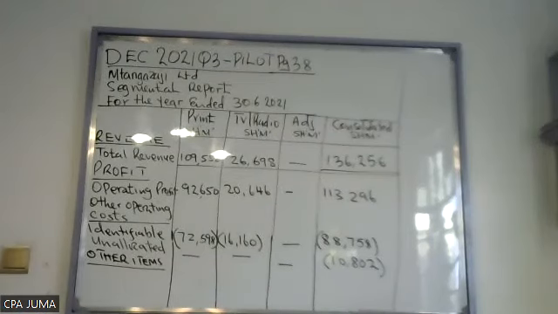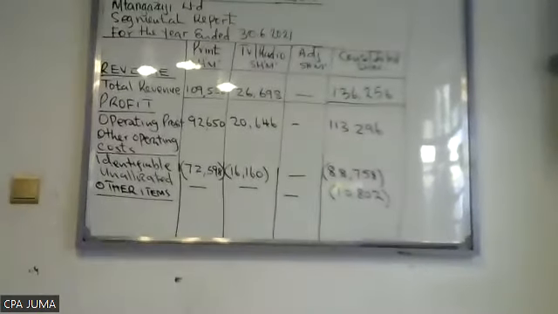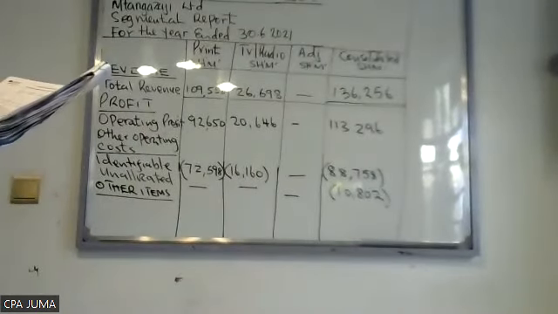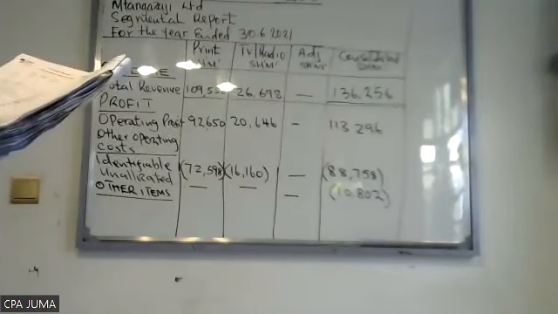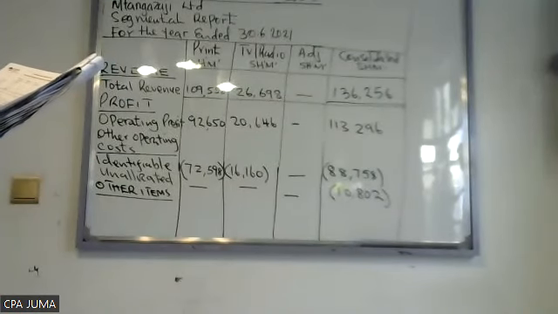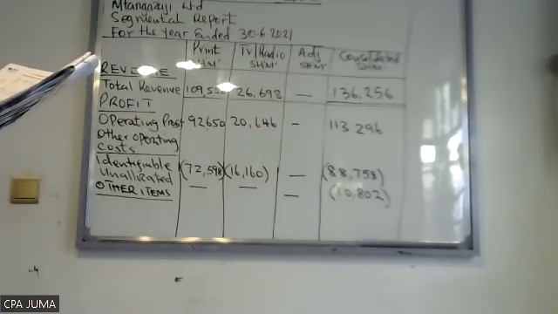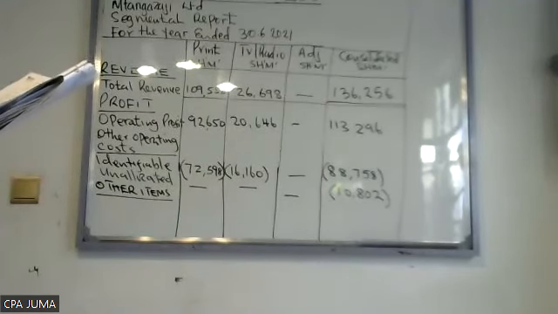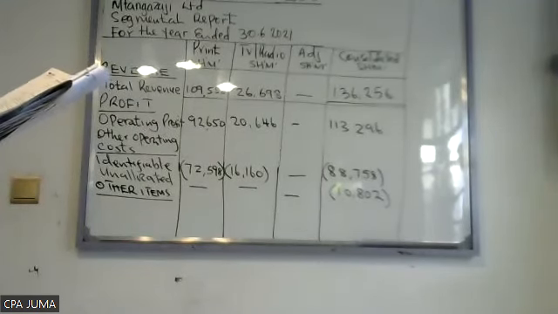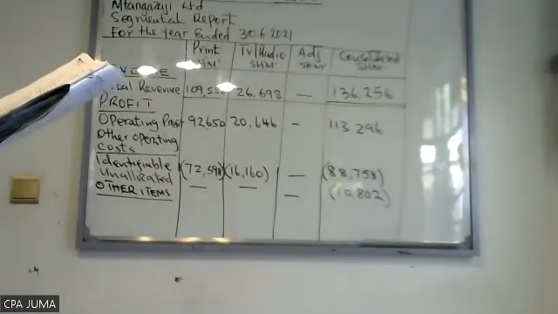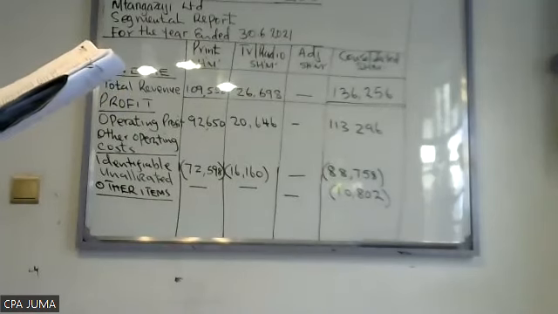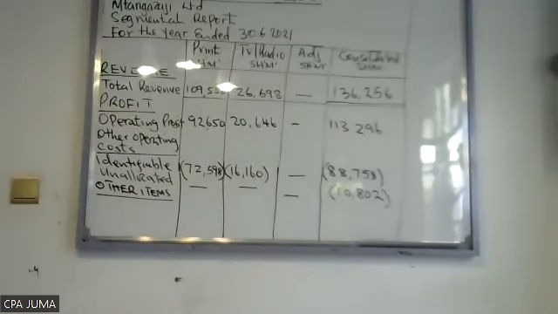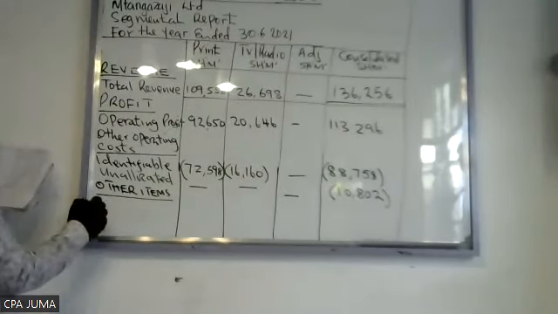So other items, I saw them here. There is finance costs. There is finance income. And there is share of results of associates. Those three, you have to bring them. So finance cost,